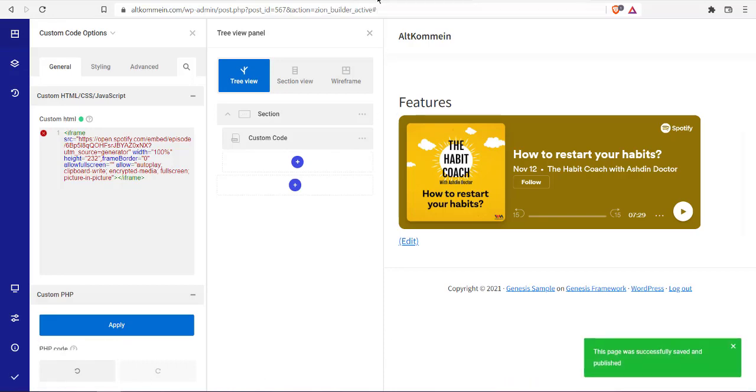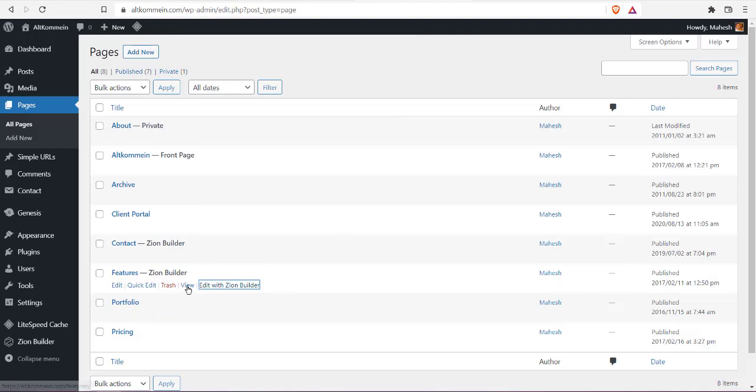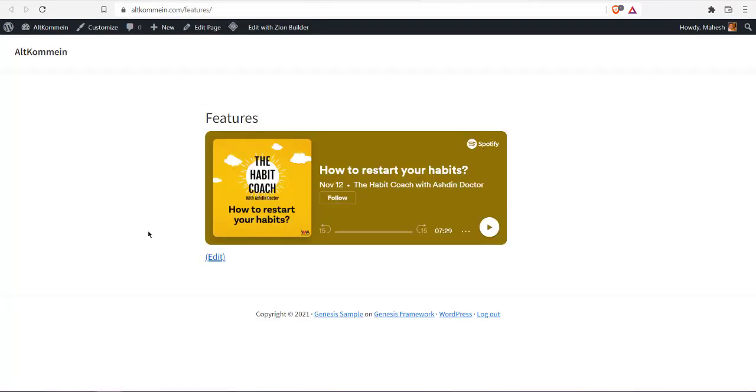Now if we go back to our pages, choose to view the page, it should show you the Spotify player embedded into WordPress page. Same applies for WordPress post. If you follow the same method,